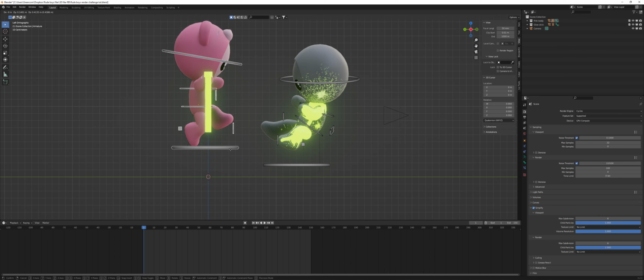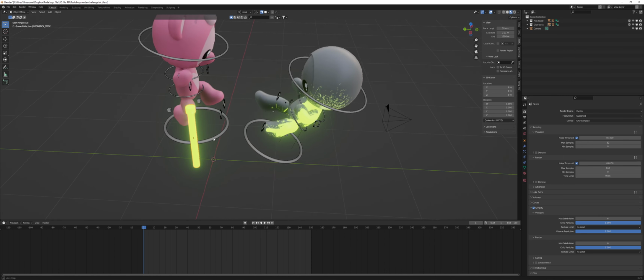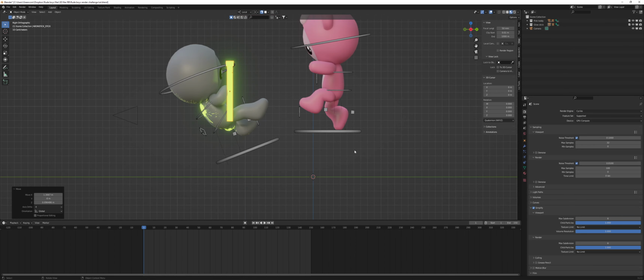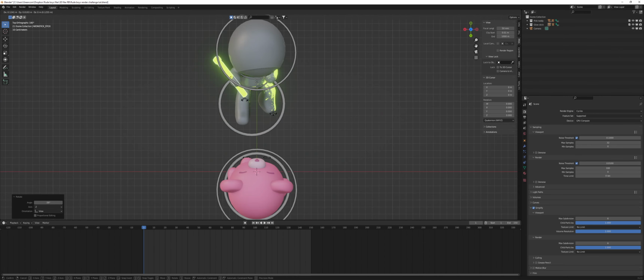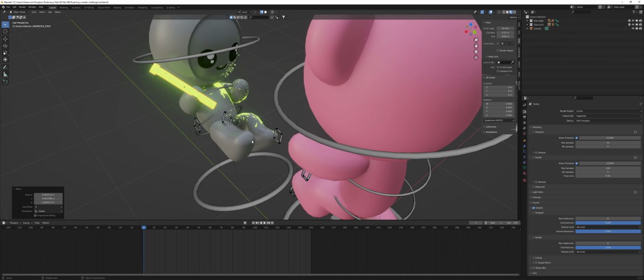Like this, maybe this guy's a bit above. Rotate this guy a bit like that. We'll give him the glow stick so we can have that in his hand. And you can be creative with this guy. Because this is a render challenge, creativity will be rewarded. So maybe if you're very creative, you can,